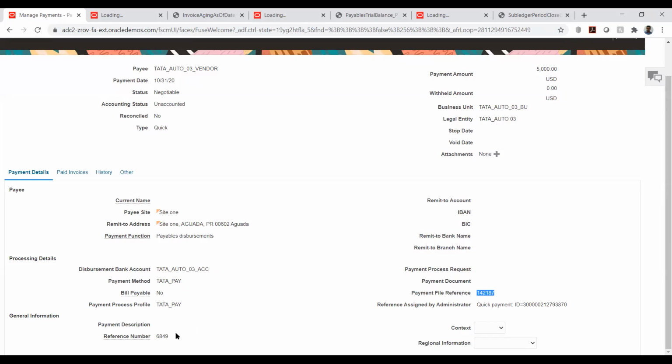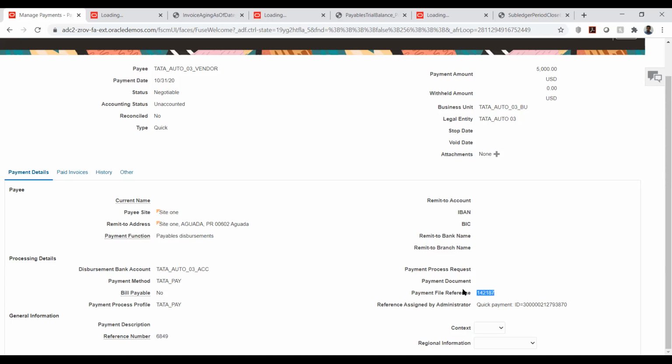It is this one, the payment reference number here. So this is for the payment file, the file that we are transmitting to the bank. That will have one reference number, and for the payment, we will have one reference number. In reports, we will be able to see this one. So it's not that we cannot capture this information. We will have to customize the report.